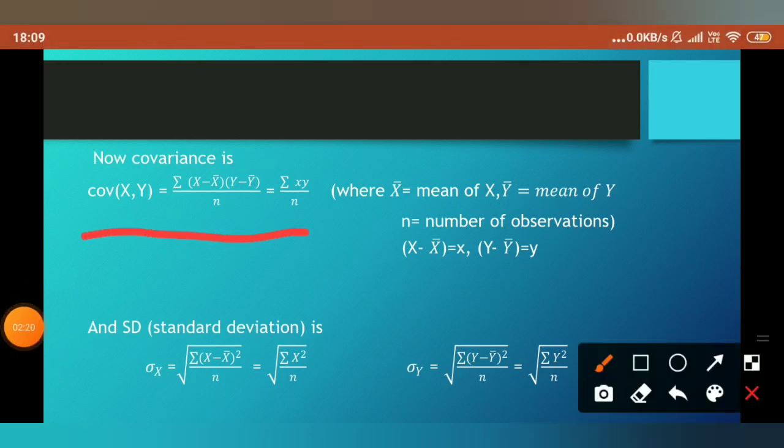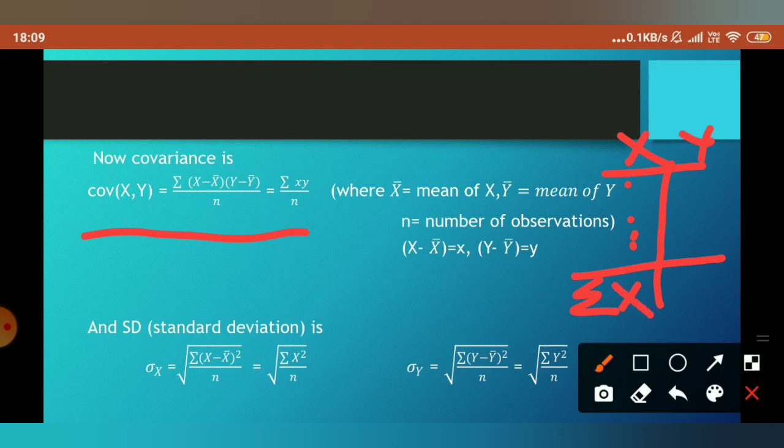So this is the method of calculating covariance. Sigma stands for summation, meaning you are given some series x and y. If you add all the observations, this sum will be denoted by sigma x, and this will be sigma y, right? If we write sigma x divided by n, what is n? n means how many values you have. So if you divide sigma x by n, that will give you the mean or average, and it is written as x bar. Similarly you can write y bar, and these are the mean values.